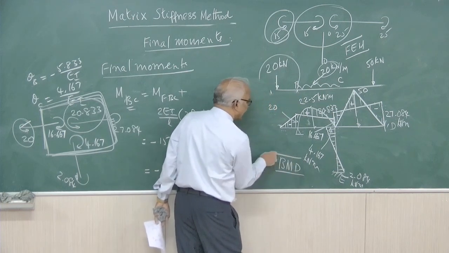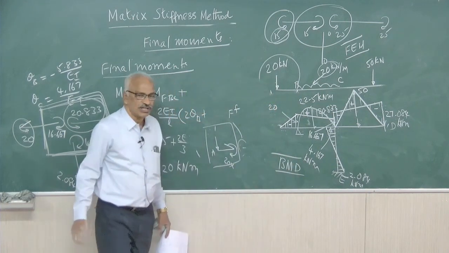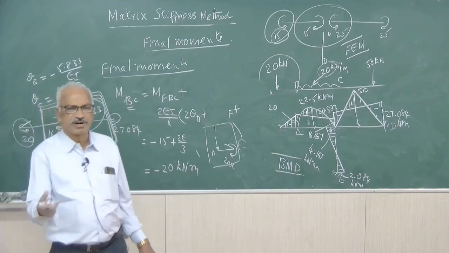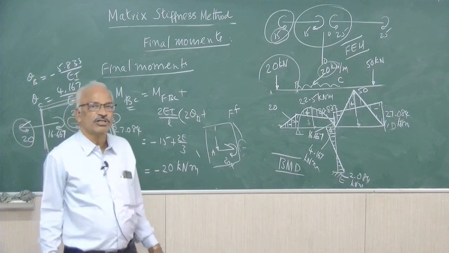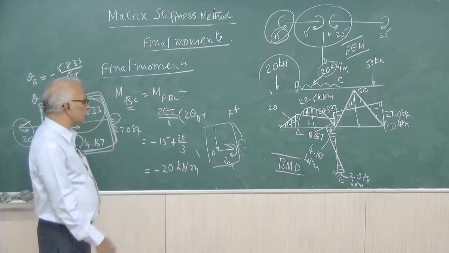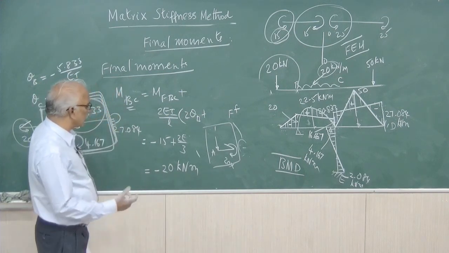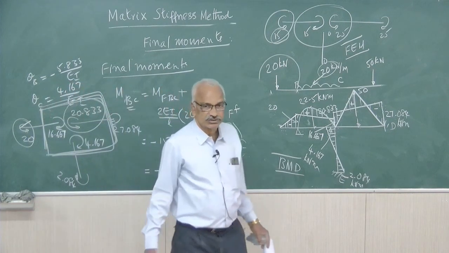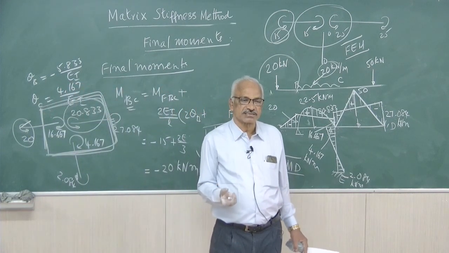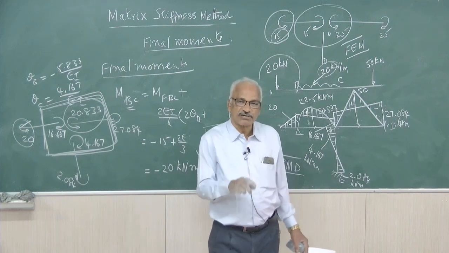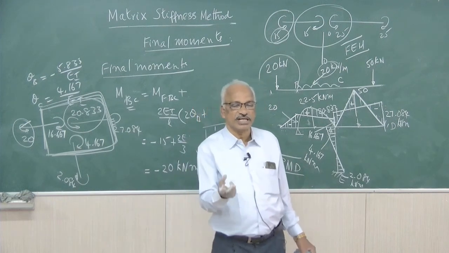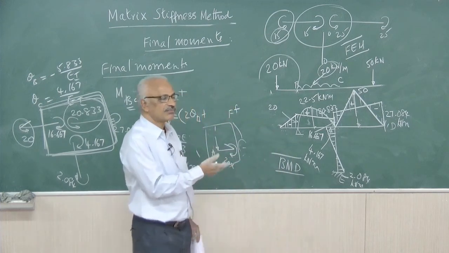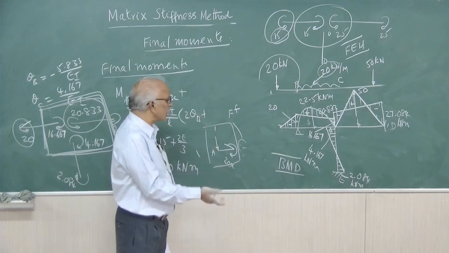So, I have just gone very fast, I have given only the outline. I think since we have discussed a number of problems already, this will be more than sufficient, and the viewers can complete the calculation. This is the bending moment diagram for the given beam. So, that completes the analysis of a portal frame, a symmetrical portal frame with 2 degrees of redundancy, and also another frame with 2 degrees of indeterminacy.